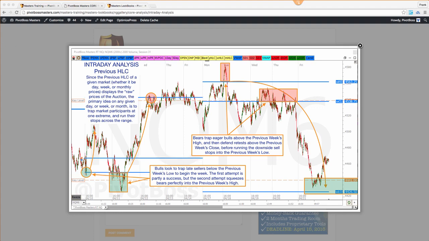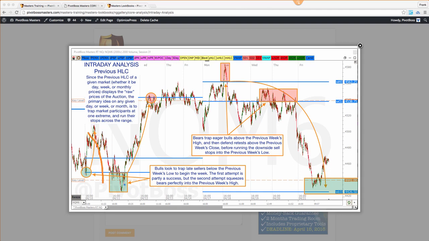So to begin the week, price closed here, and it drops down to the low. And right away, if you drop to the low, the primary idea to begin the week, if you test the low, especially if you've been trending up, is to defend and trap bears at or below the previous low and return price to the previous high. That's the primary idea. That's your blueprint, if you will. In this case, the early move worked out okay and then failed.